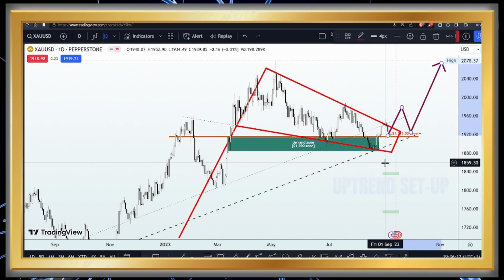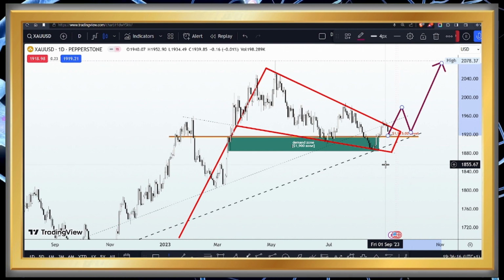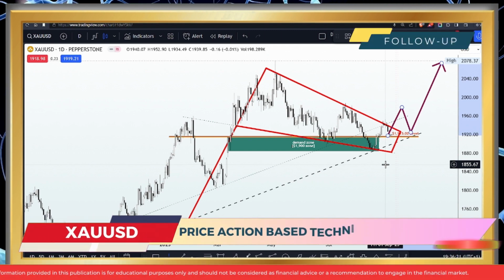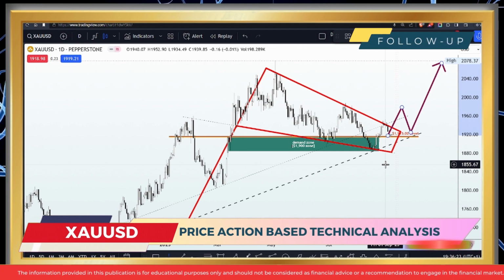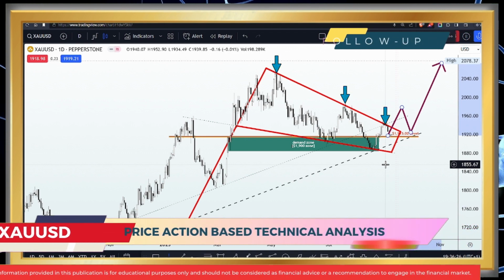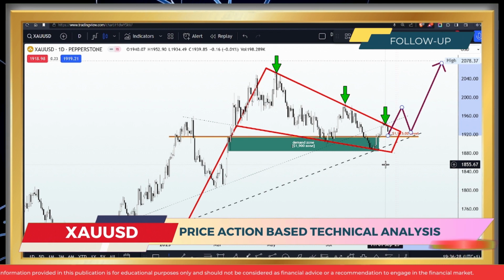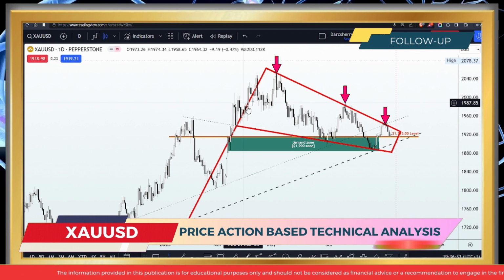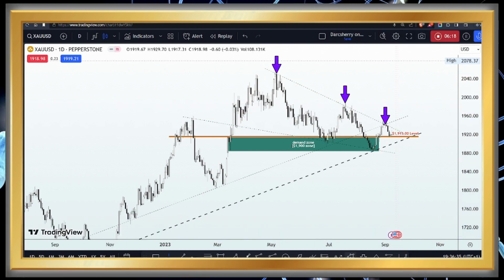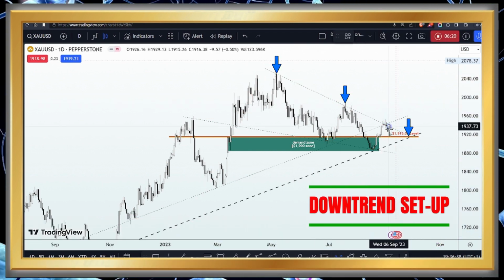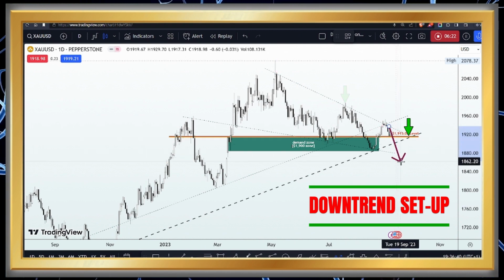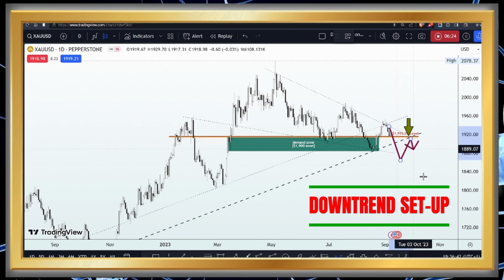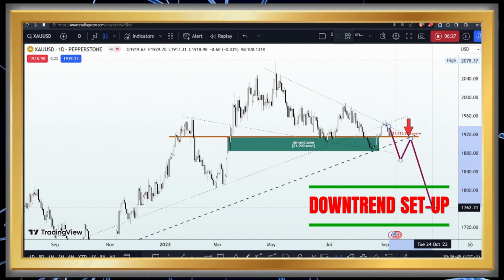But it's not all the time price action falls into this kind of setup, hence we want to be as open as possible, considering the potential that the sellers also have in this market. And of course, we know how we have been noticing lower highs for the last couple of months now. In that regard, that wouldn't mean that price cannot break down the 1915 level and of course the ascending trend line to incite a trading opportunity to the downside.